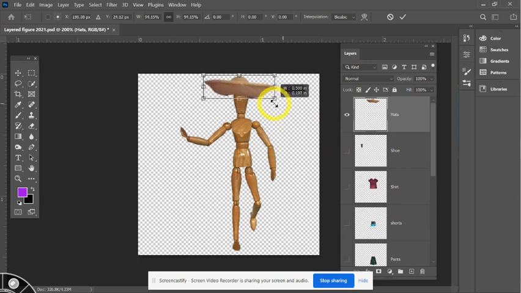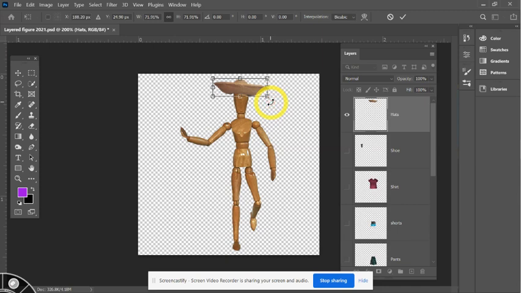We don't want it all pixelated. We definitely want to make it a little smaller. That looks good, but it's too far over, so I can still, with that bounding box, put it on his head, and I think I'm going to tilt it to make it look like he's really having fun. See that arrow that happens on the corner? It's like a curved arrow. When that pops up,